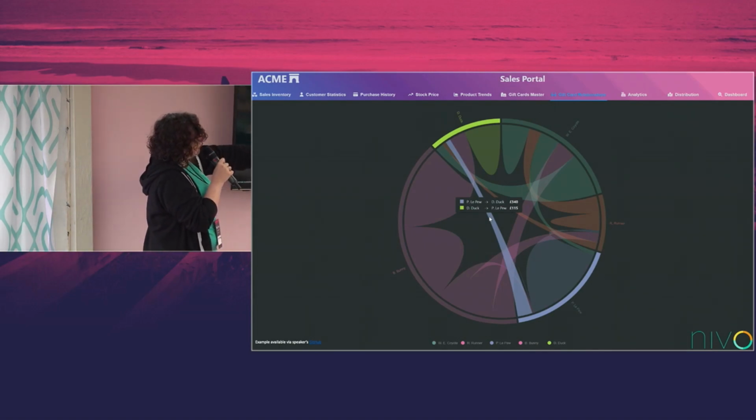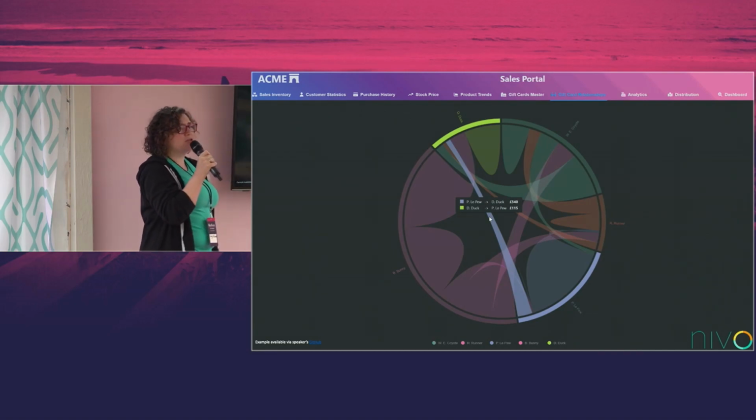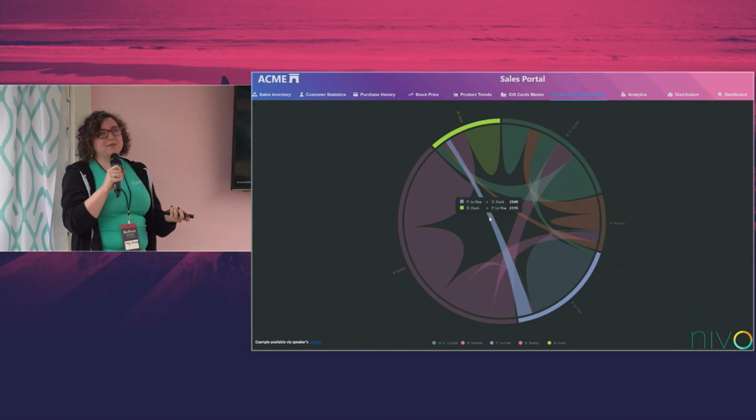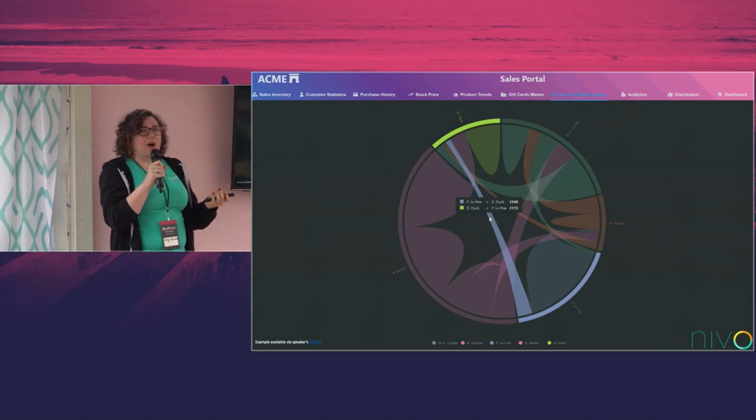But I can also see via all the different ribbons exactly which relationships are going where. And I can also see this really weird anomaly here where Bugs Bunny is buying really a lot of gift cards for himself. I'm not sure why, but you can see things like that. You can see these different types of relationships. And this is just one of a couple of alternates.